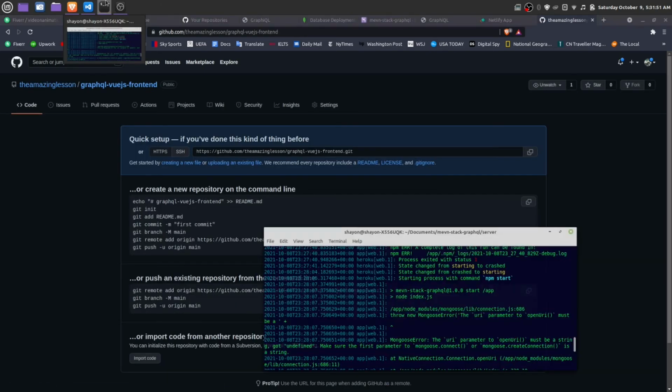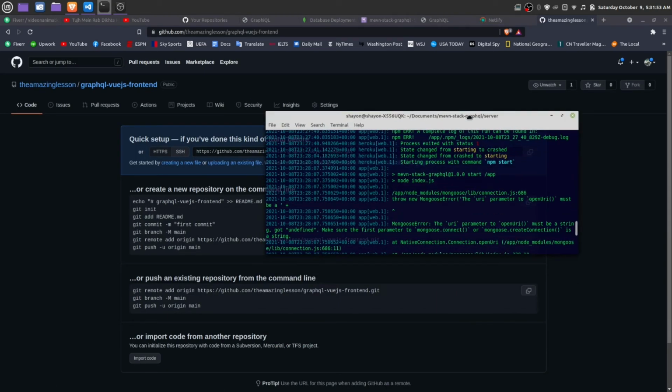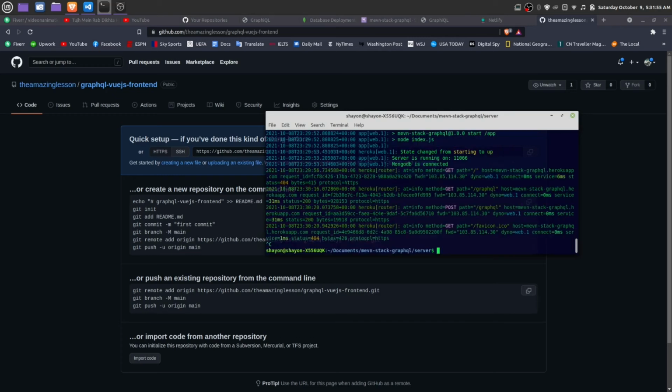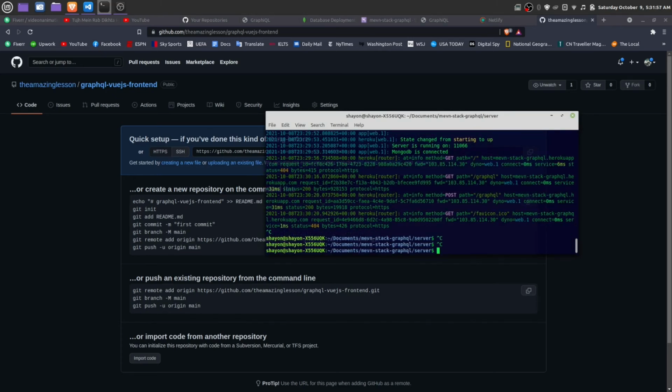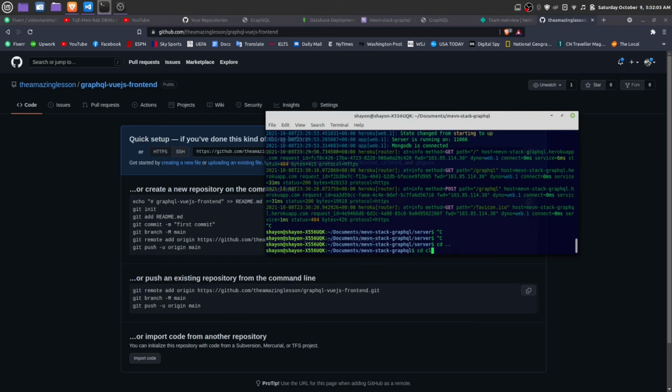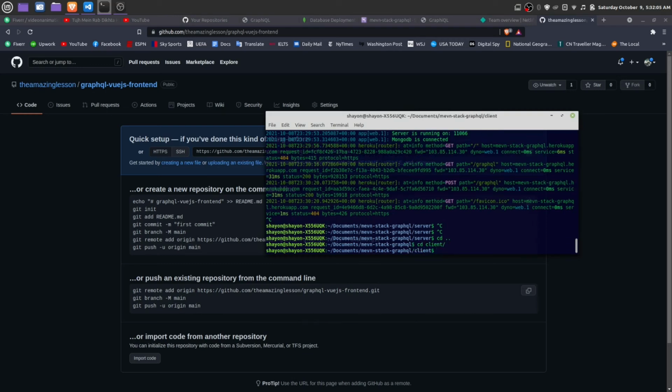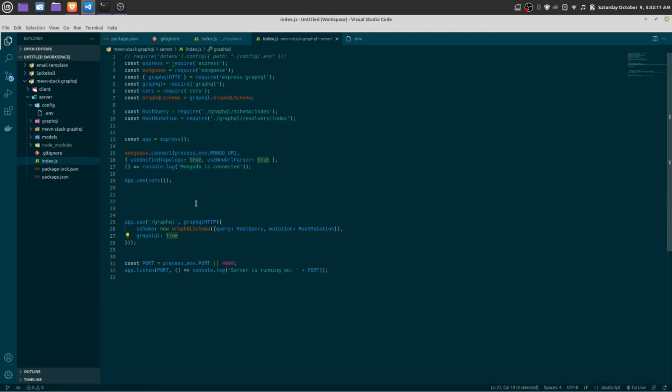Once you have created this repository successfully, just press Ctrl+C to get out of this terminal. Change directory to client, and now you have to build your Vue.js app. To build it, you have to run a command. Actually, let me show you which command you need to run.